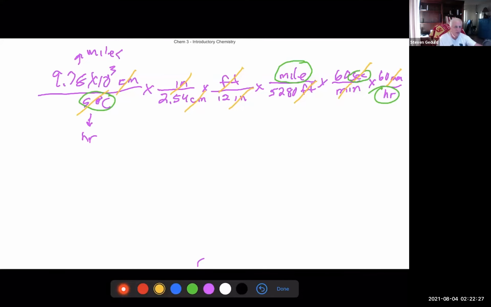Okay, so let's go and do our math. Remember, if it's on the top, you hit multiply. The bottom, you hit divide. Most students are going to make the mistake of going,